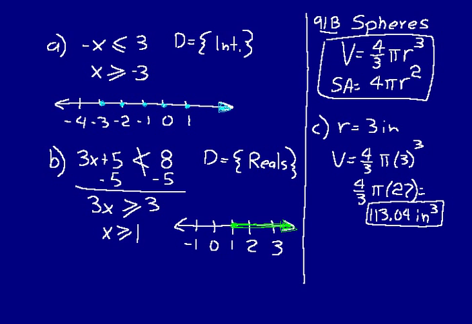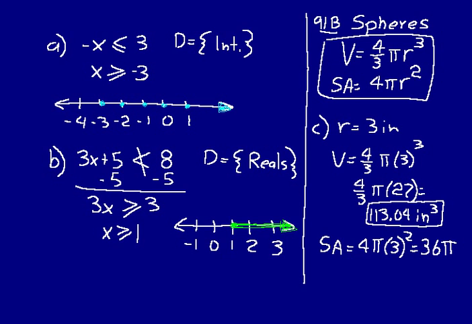The surface area, we'll just say SA for surface area, is equal to 4 times pi times 3 squared. So this time 3 squared will equal 9. And we'll have 4 times pi times 9, or just 36 pi. And so we can do that on our calculator. 36 times 3.14, and that's equal to